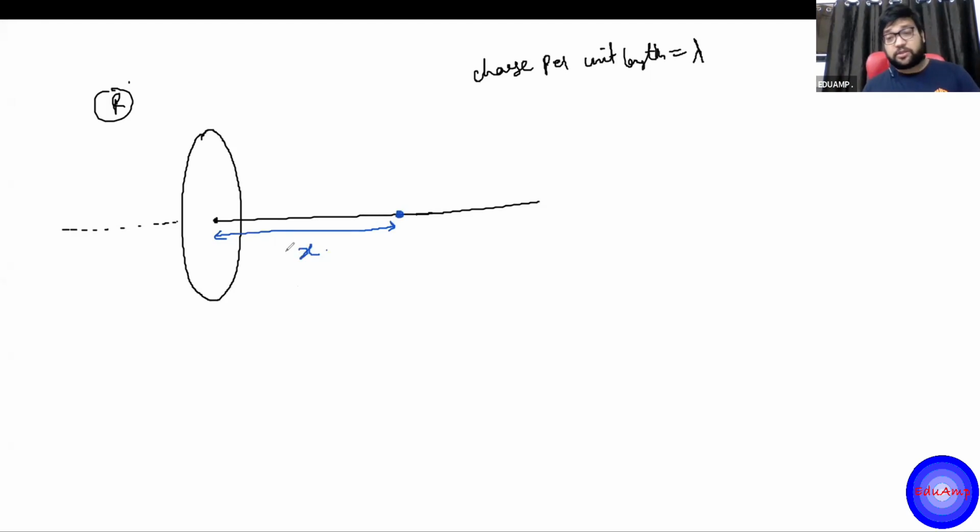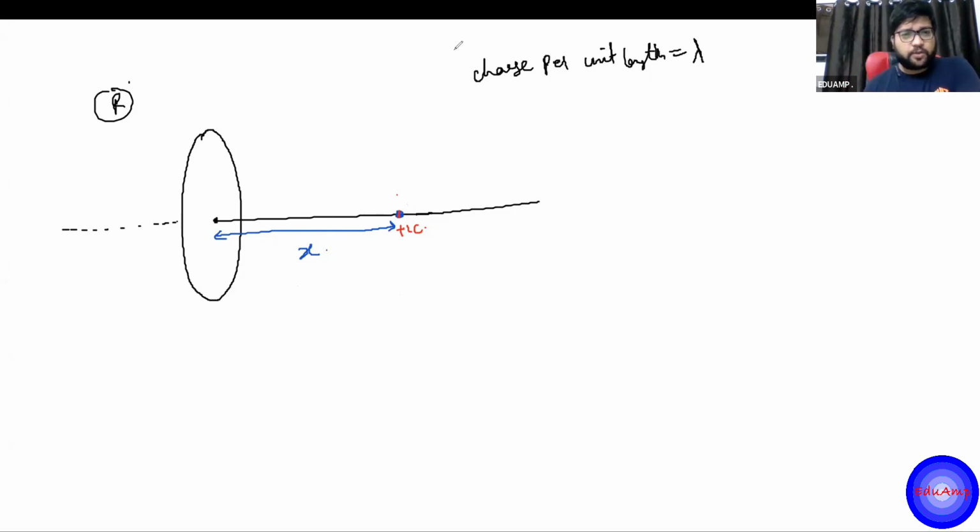Again, the theory: to find the electric field, we put +1 charge at the point where we wish to find the electric field. So here also, you put +1 coulomb charge here, and try to find the force on this charge, that is the electric field. But now this is not a single charge. The charge is distributed over this ring.